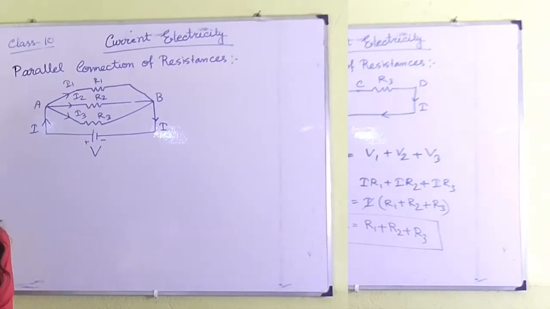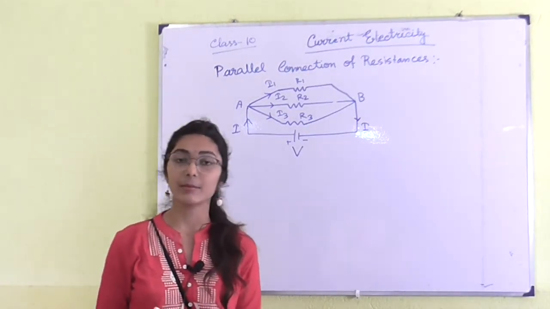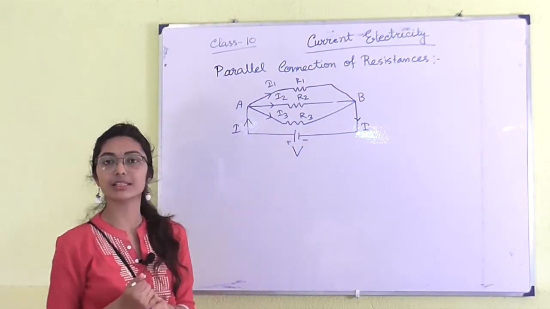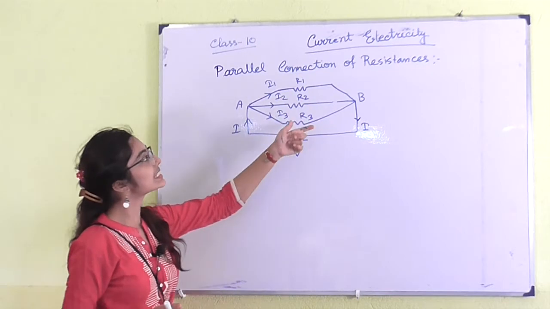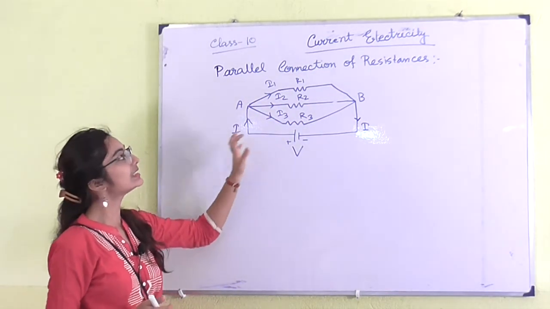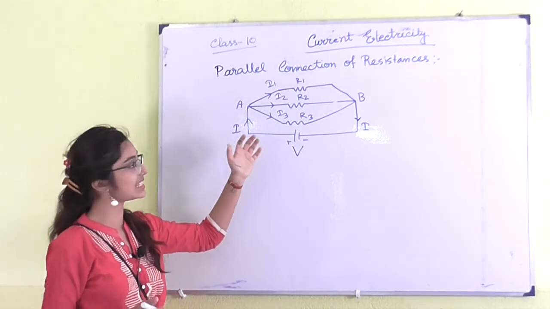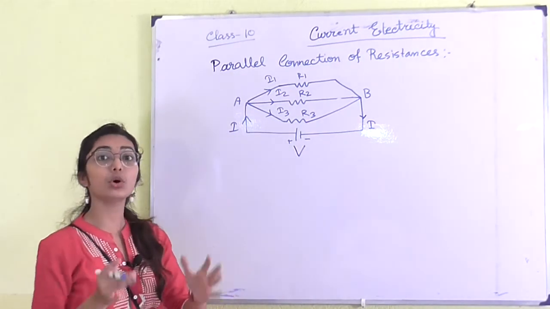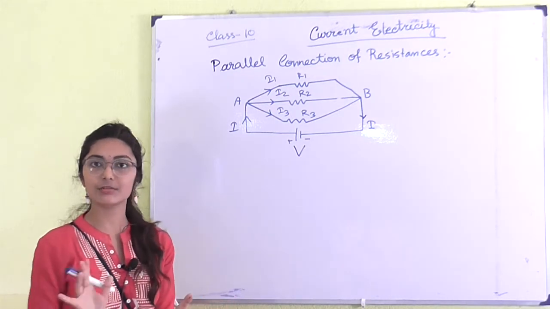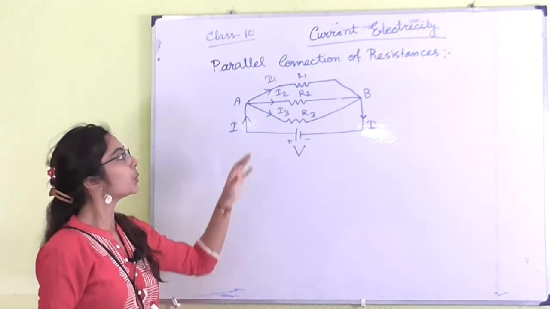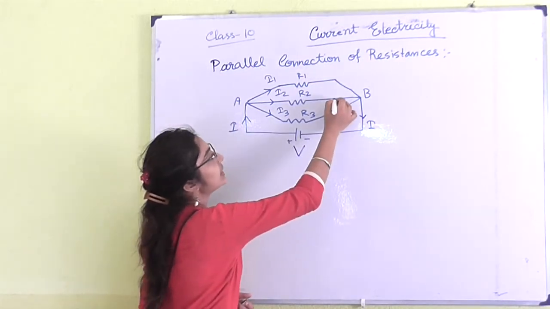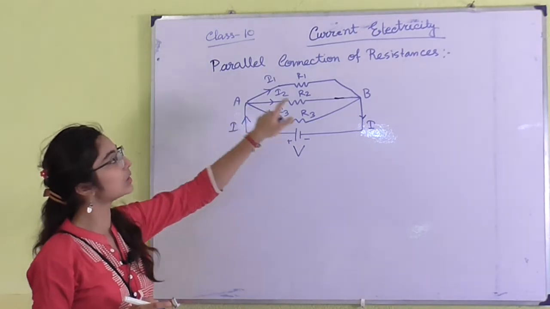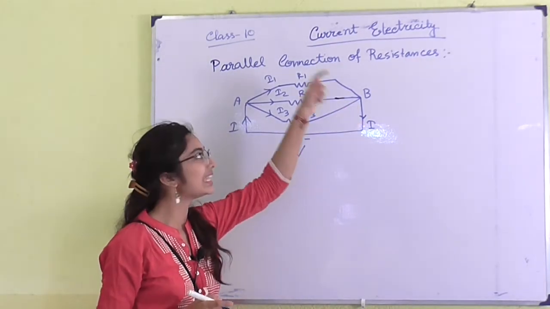Okay, so this is the second type of connection of resistances. Resistances can be connected in two types, and this is the parallel connection. Again, there are three resistances R1, R2, R3, and two terminals of resistances, as I have said, head or tail. You can say positive, negative, though there are no positive and negative terminals of resistances, but for convenience we can say that all the positive terminals, all the heads, are connected at one point and all the tails are connected at one point.